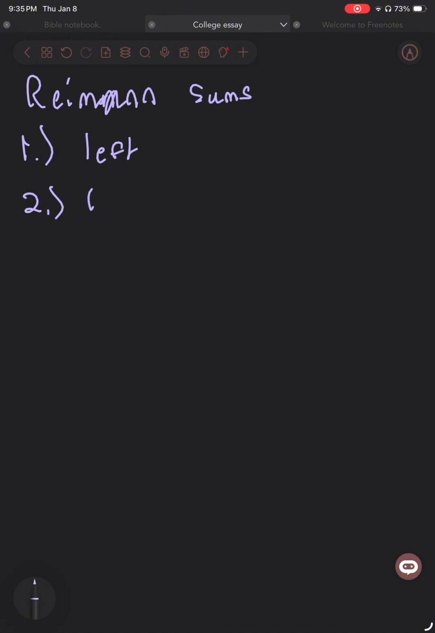So first thing I want to start with is Riemann sums. I just want to say that there are three columns: one, left; two, right; and three, the midpoint. And there's not really that much difference. Let's say you have a question that asks you,